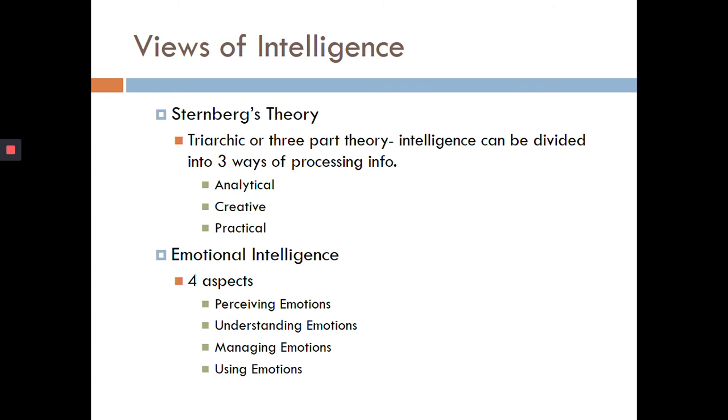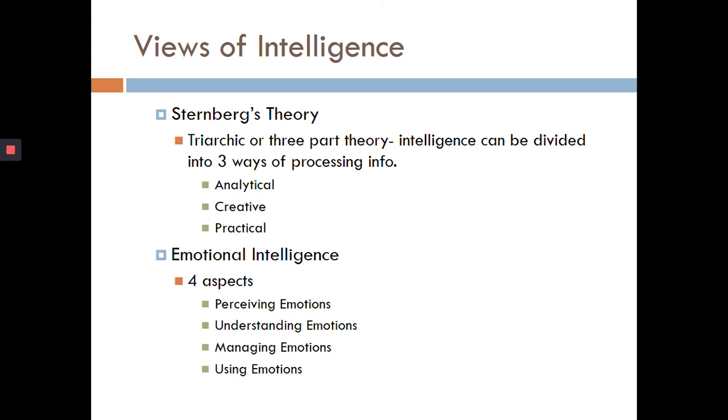All right, then you have Robert Sternberg, who you have Sternberg's theory, or the three intelligence theory, or triarchic theory, or three-part theory, anything with three, okay? Basically your intelligence is divided into three ways of processing information. You have your analytical, which is problem solving, and you're using intelligence tests for that. Creative intelligence, which is innovative smart, so adapting to new situations. And then practical intelligence, which is what you need for everyday tasks. So Sternberg's triarchic.